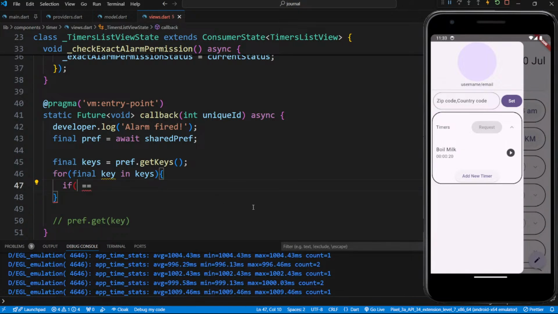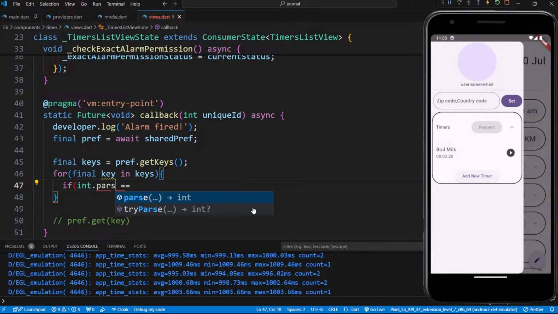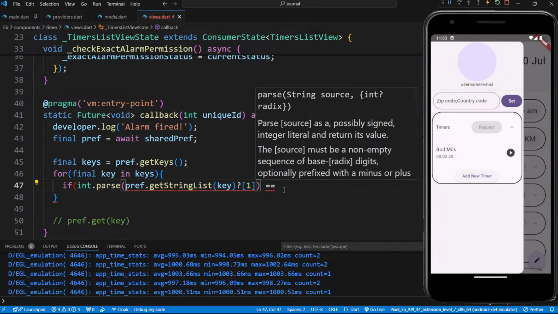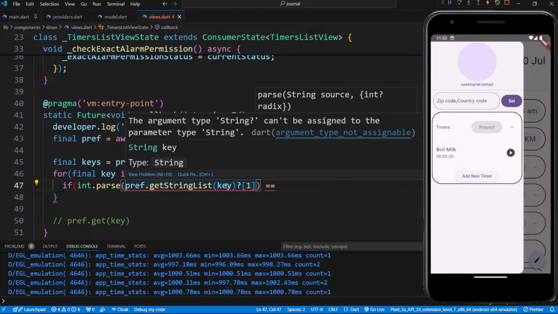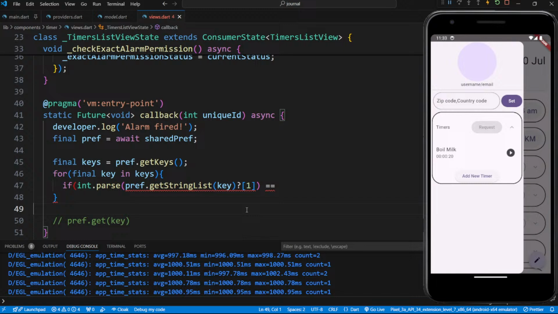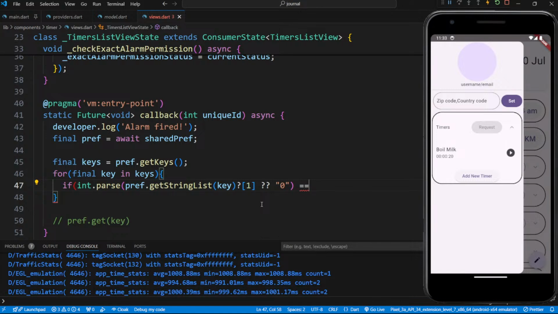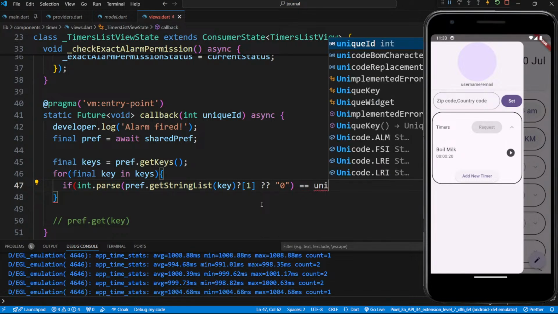So I think we should be fine with it. But if you save anything else, then we are messed up. The argument type string can't be assigned to parameter type string. Is equals to unique ID,